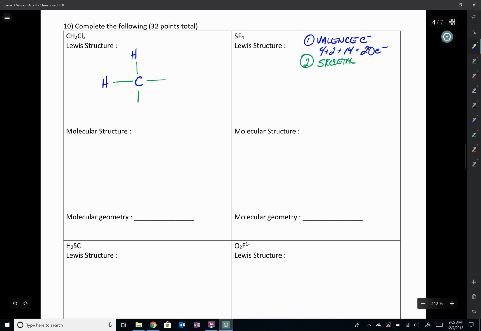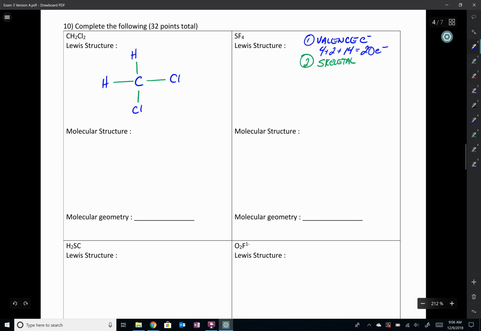Now, why didn't I put hydrogen in the middle? Well, remember, hydrogen will never be in the middle of a Lewis structure. It's only ever going to have one bond to it, so it'll never be in the middle of anything. And that's one of these patterns that I mean, right? It's not a shortcut to say that hydrogen's on the outside. It's a pattern, right? So if we know how to use those patterns, then we can simplify some of these things, right? But I'm getting a little bit off topic here. All right, so we have a carbon in the middle,